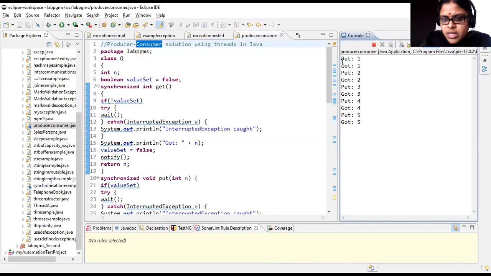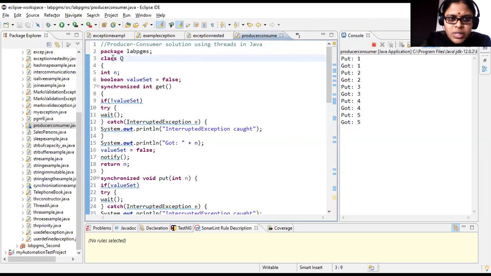You can just observe the output here. Put is what your producer does. If the producer is posting the data as 1, your consumer should read the data as got. Then again the producer will put the data as 2, the consumer will read the data, the producer will post the data as 3, and the consumer will get the data, and so on till 5. The synchronization point here is, the producer will produce the data, then only the consumer can consume the data. The producer cannot produce another set of data before your consumer is consuming the data. So there should be proper synchronization between your producer as well as consumer in order to give the proper solution. So we'll see the program.